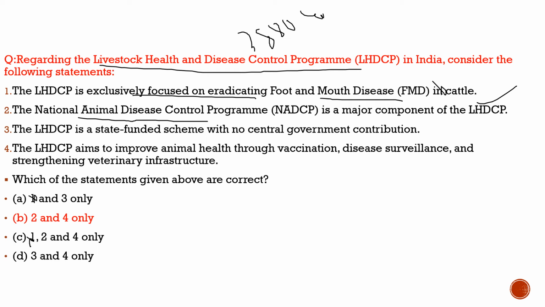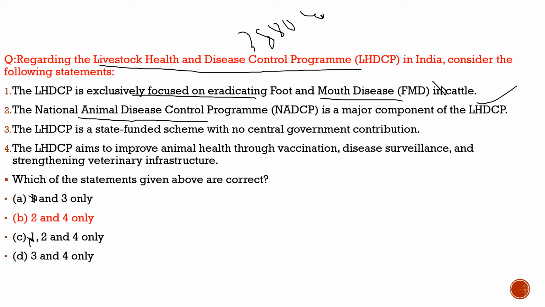livestock health and disease control, was a separate program there. Critical animal disease control program was there, and establishment and strengthening of existing veterinary hospitals and dispensaries, and mobile veterinary units were there. So these three had been added together. So still now it has three components. What are these? First one is the National Animal Disease Control Program, Pashu Aushadhi, and third is LH and DC, livestock health and disease control, and others which I mentioned earlier. So the second statement is 100% correct.